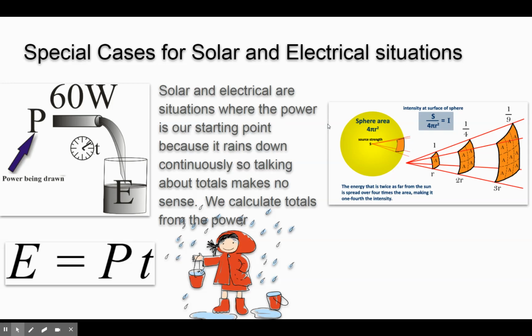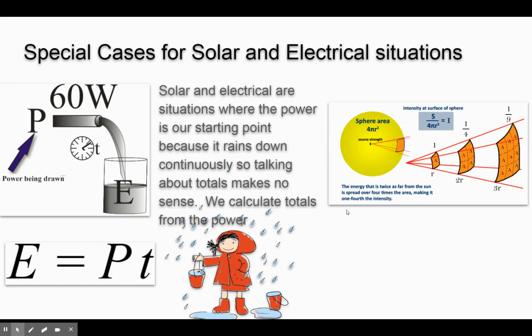When do we refer to watts rather than total? When there is no total. If you think about it, the sun doesn't stop shining. There's no total energy in the sun. It keeps on coming. A battery will run out. So a battery is like a canteen, but rain is falling continuously. Sunlight is falling continuously. So sources that don't run out, like the electricity in your house, the water in your pipes, we're better off talking about the flow rate, not the total.